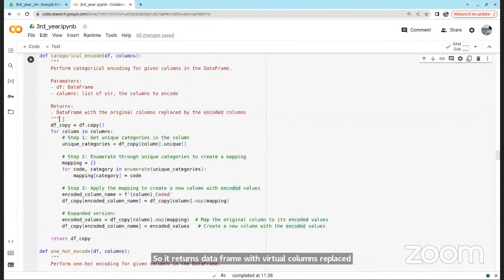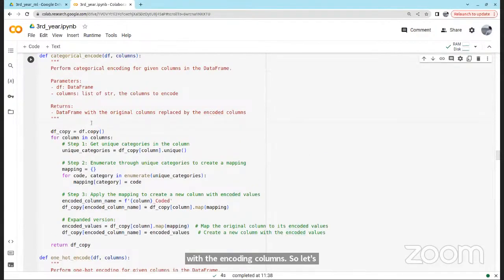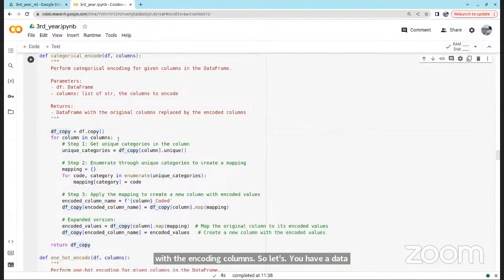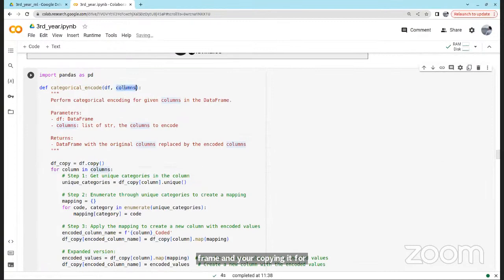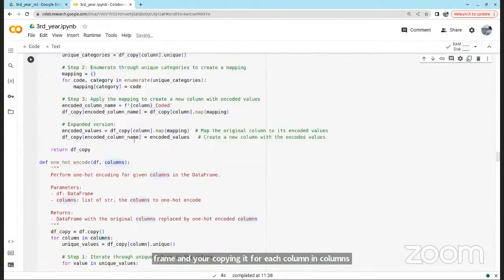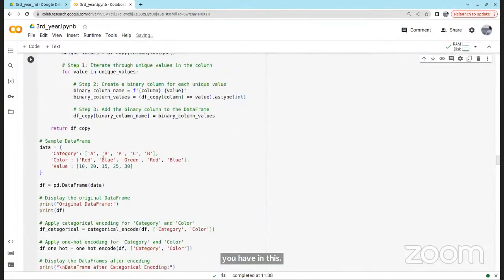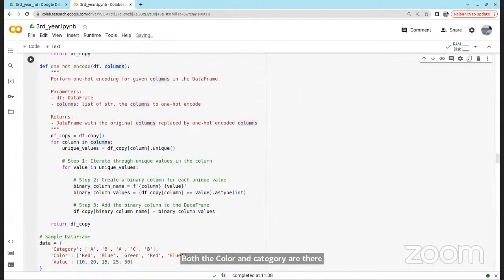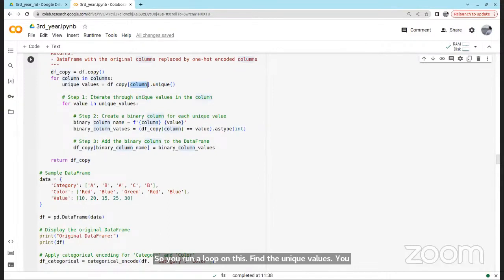So you have a data frame and you're copying it. For each column in columns, both the color and category are there, you run a loop on this and find the unique values.